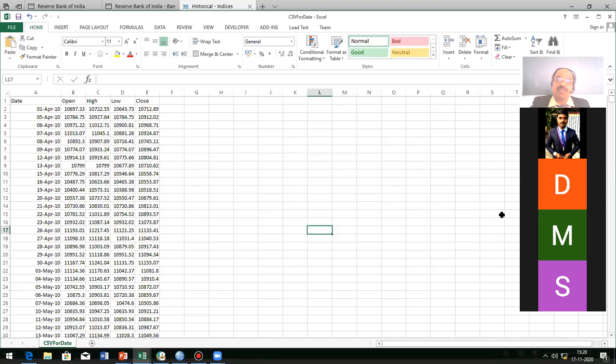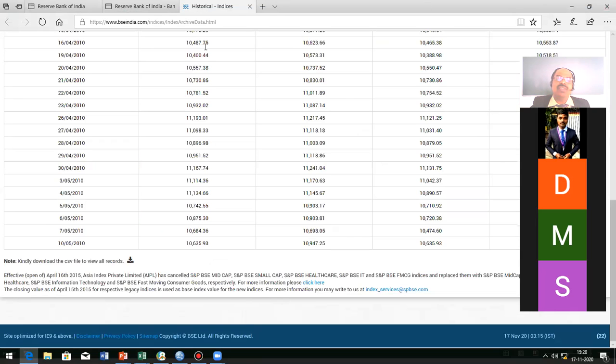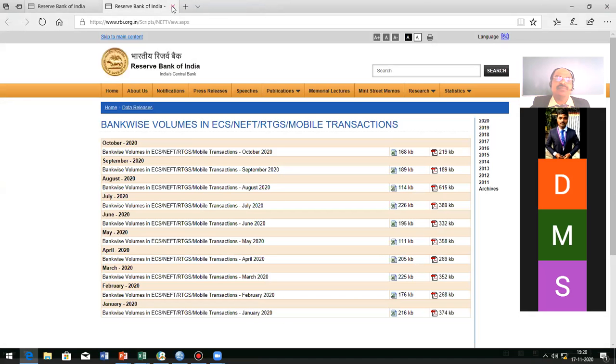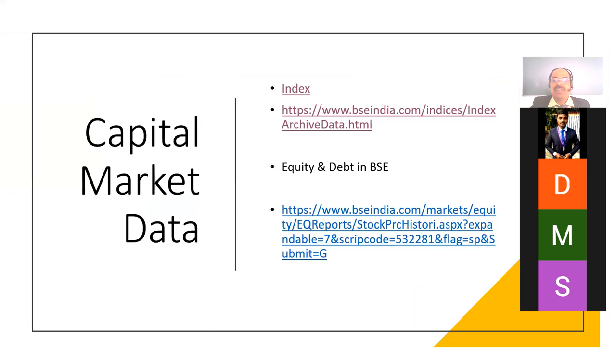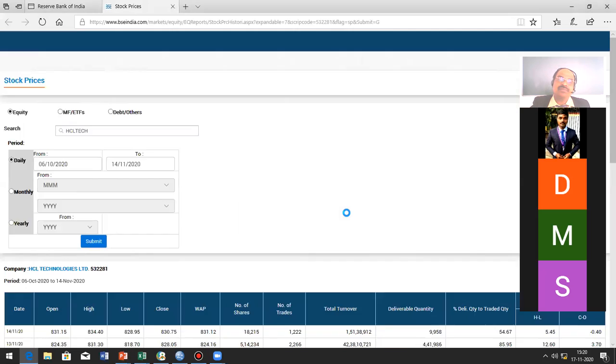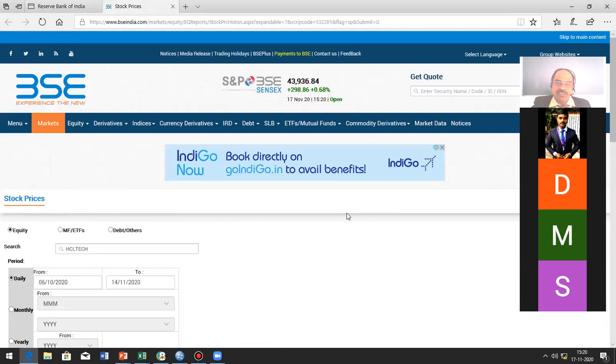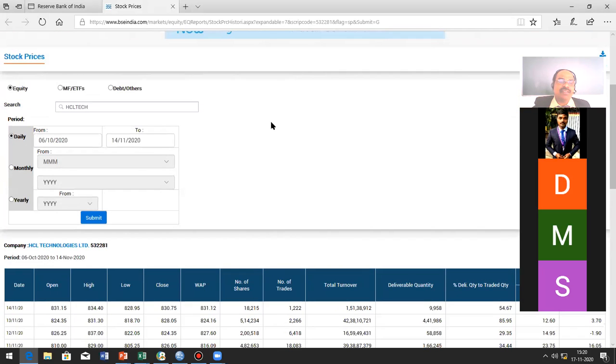Let us see this example. This is if you want to calculate the index. You want to download the index. Let us see another example. You want to gather the share price movement. So for this share price movement, I have given the second one, BSE India market. Yes, it will go to this link. See that one in this link.